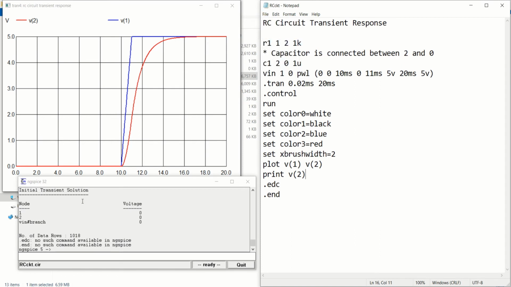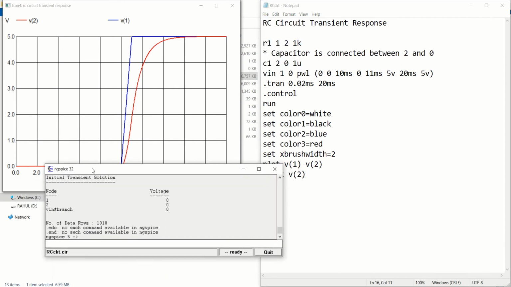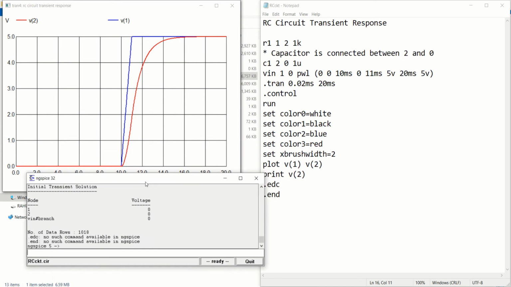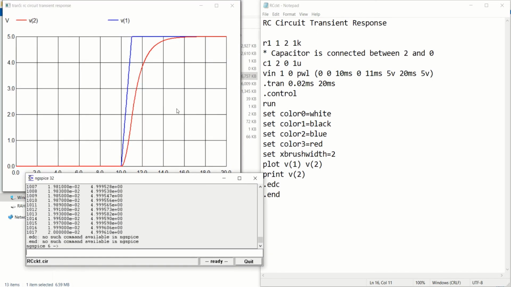So once you open this, if you close this, again and again you have to type the command. If you don't close this, you can run directly by using the up arrow key and just hit enter. So it has loaded all the files up to 1017. So you can see all the values, how the response is changing for all different values.